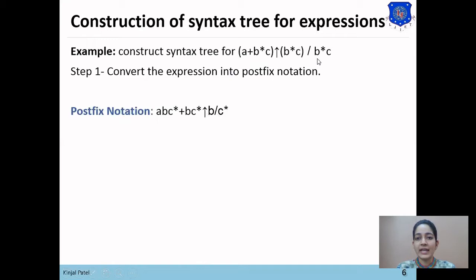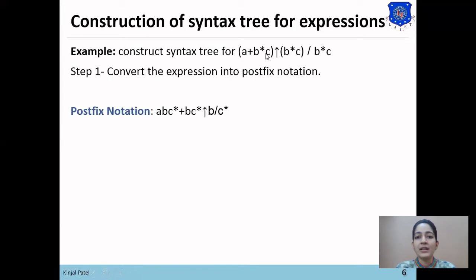As braces have the highest priority, first we convert the expressions in braces into postfix notation. There are two braces in this expression, but the braces are left associative, so first we convert the expression of the first braces.